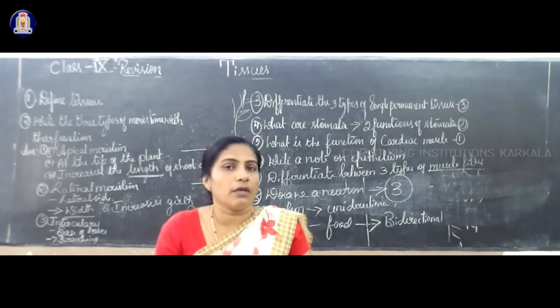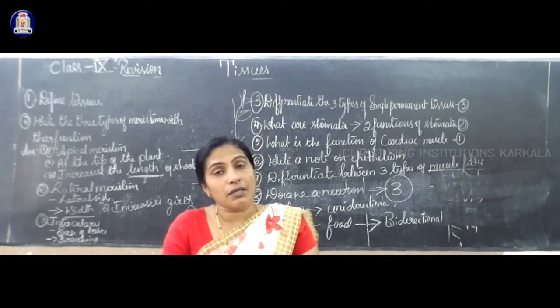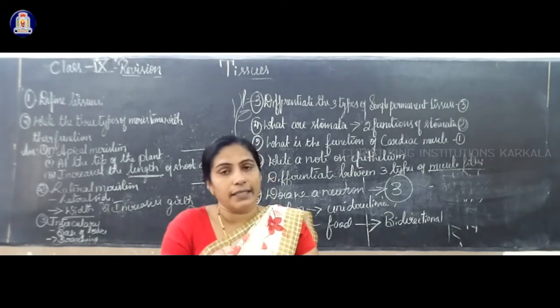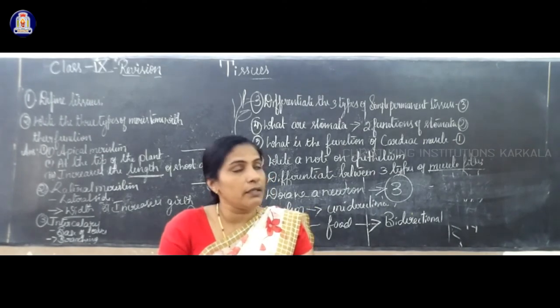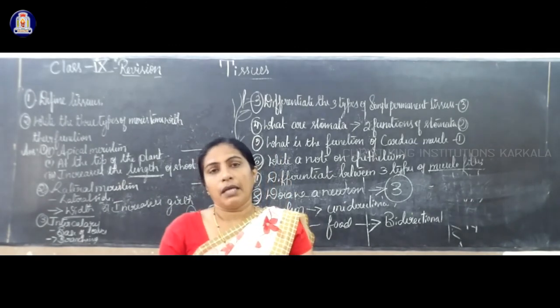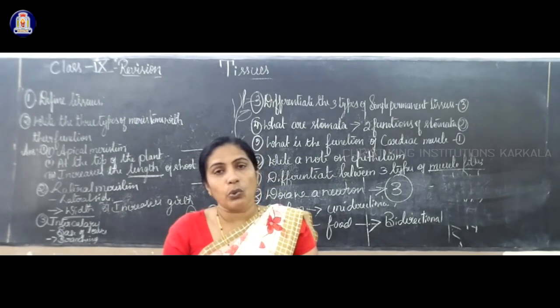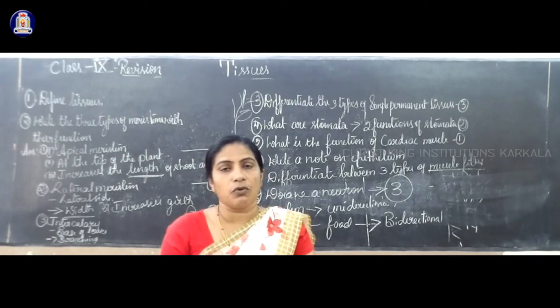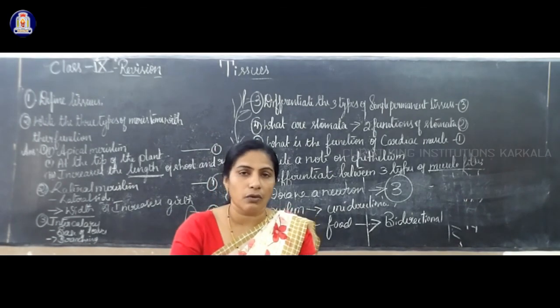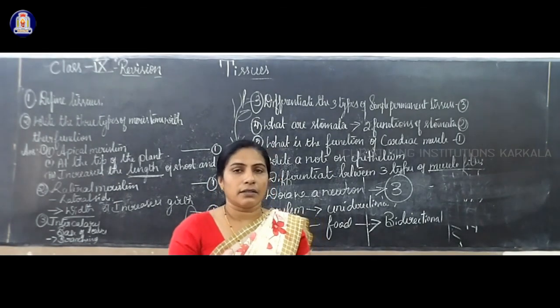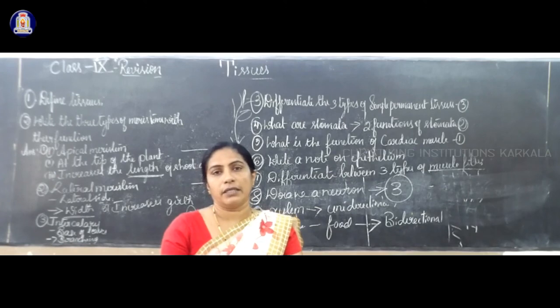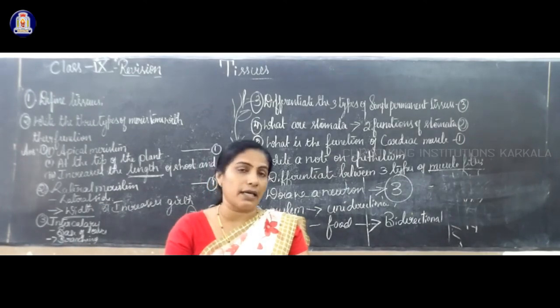2 marks questions there will be 4 or 5. 3 marks questions there will be 2 or 3. 4 marks question will be 1, or maybe a 5 marks question will be 1. So this is the format of the biology question paper. Total marks is 28. So you can score easily if you go through your textbook. So read your textbook, go through some of the points, write down some of the points and think, and then read it twice or thrice, and underline the major points in your textbook also.